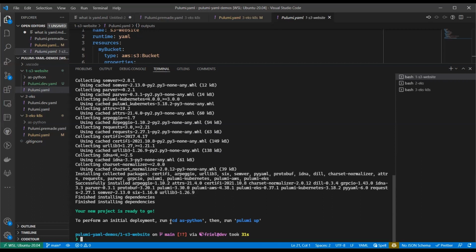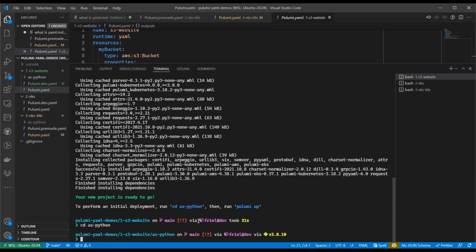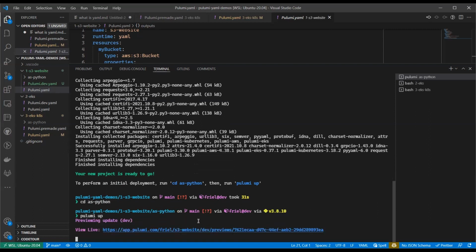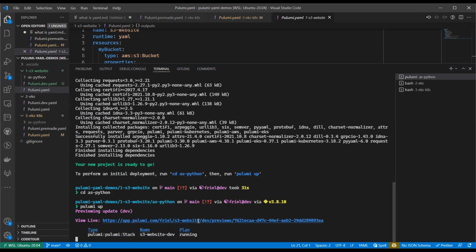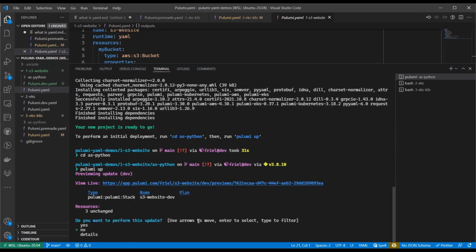All right, so it says that I can change directory. Do that. It says that I can run pulumi up. And we should see no differences here. Again, this is a full fidelity conversion of the YAML program into Python.